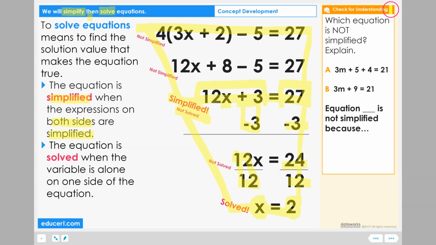Let's check for understanding. Which equation is not simplified? Which is not simplified? Explain. Equation A, 3m plus 5 plus 4 equals 21. Equation B, 3m plus 9 equals 21. Equation blank is not simplified because